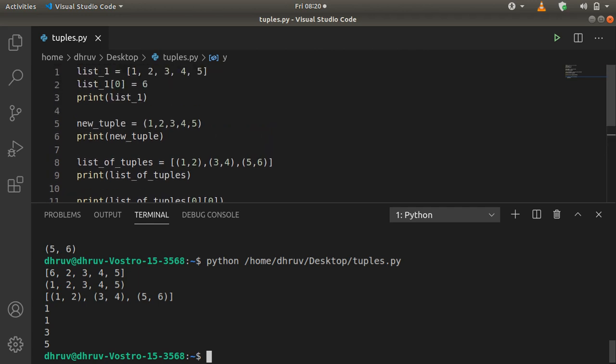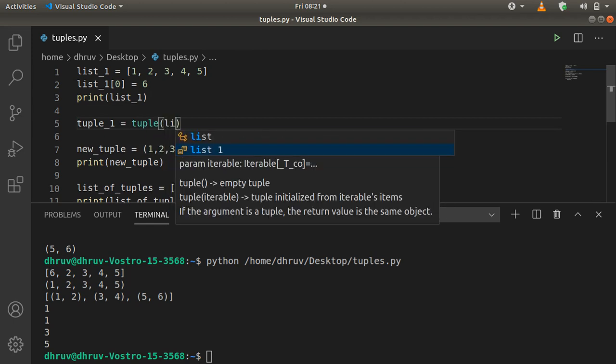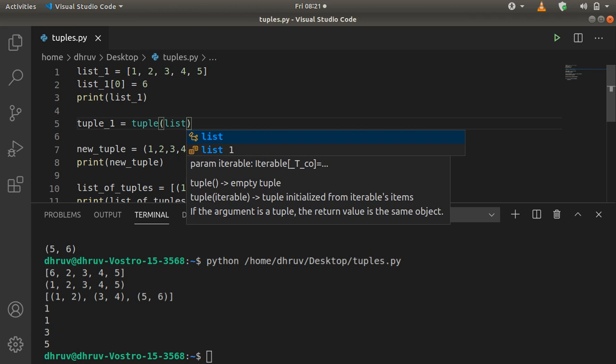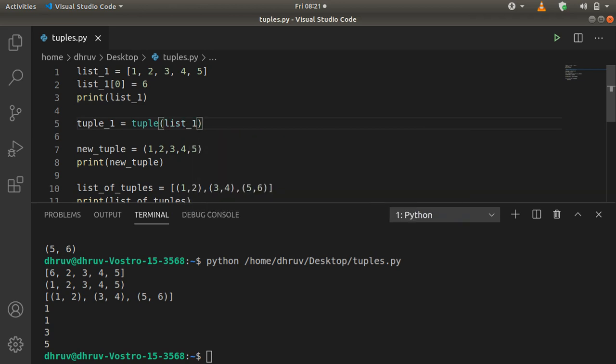So that was all for the tuple section. And one more thing, you can make a tuple this way, or you can also use the tuple constructor. So we can say tuple 1 equals to, so if you have a ready-made list and you want to change it to a tuple, then you can simply say tuple, and inside of the parenthesis you pass in the name of the list which you want to make a tuple of.